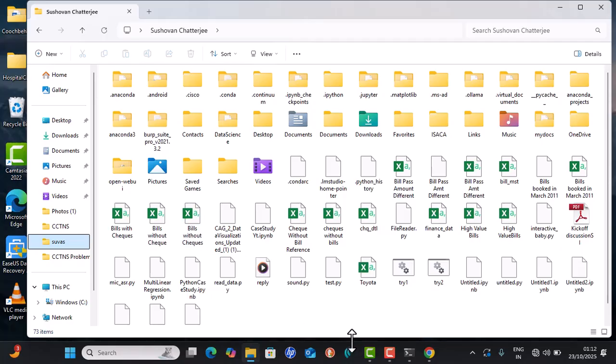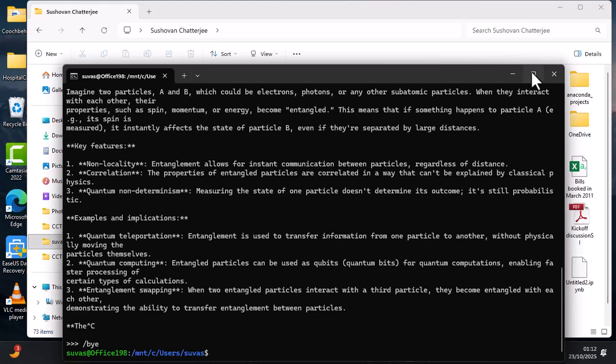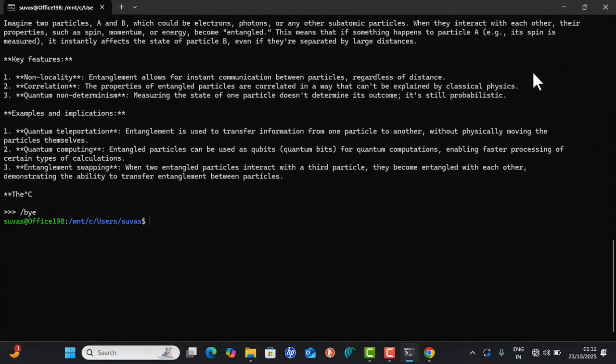So let's test this file. This is a CSV file, that is checkdetail. So let's try with this file. So here I have to write. At first I will clear the screen, and now I will write